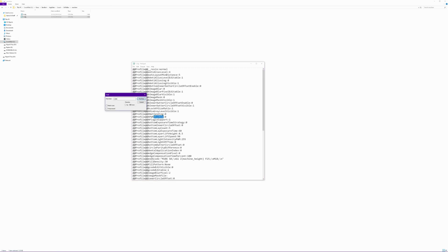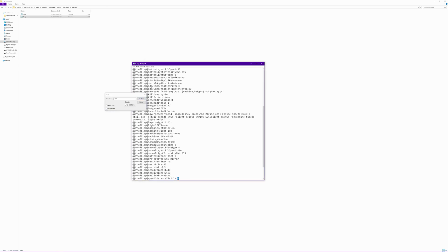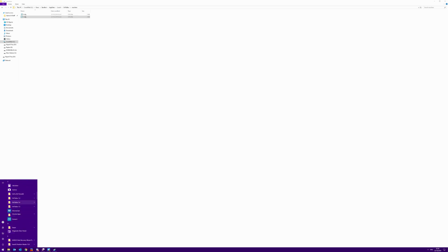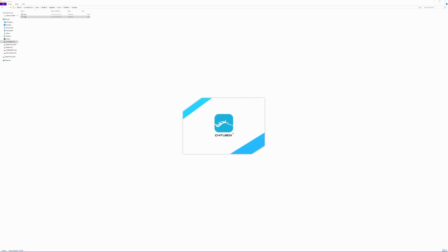Find next, visible 0, change that to 1. Another one, change that to a 1. Change that to 1. No more. Alright, so close that and save, close, and now if we reopen Chitubox